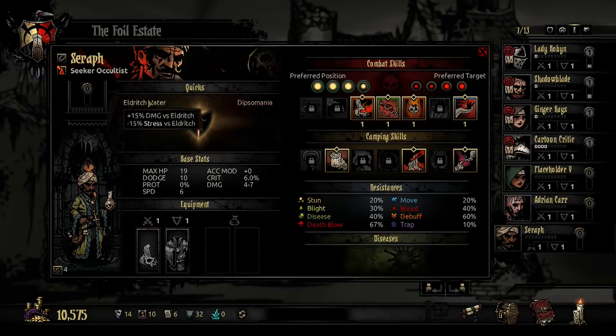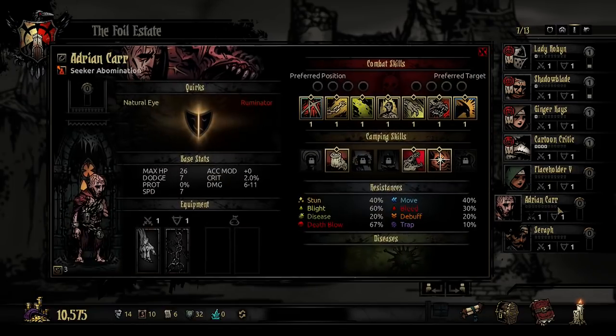Let's take a look at what you have. You're an Eldritch Hater, which is a great thing for an Occultist to be, actually. Extra damage and less stress from Eldritch enemies, and Dipsomania. You have an intense craving for alcohol. And Adrian Carr, you have a natural eye, so you have higher accuracy on range skills, and...